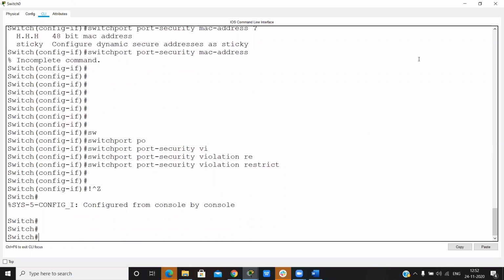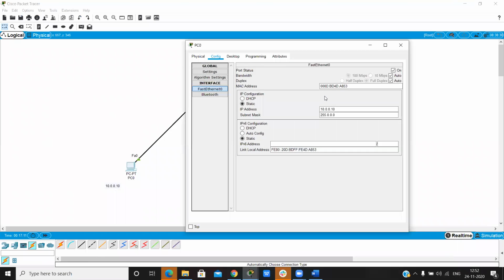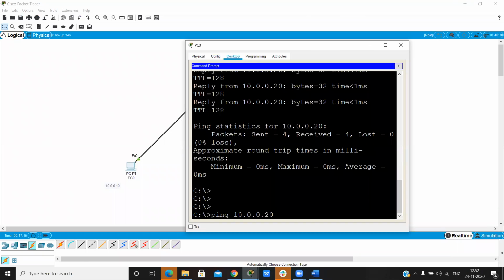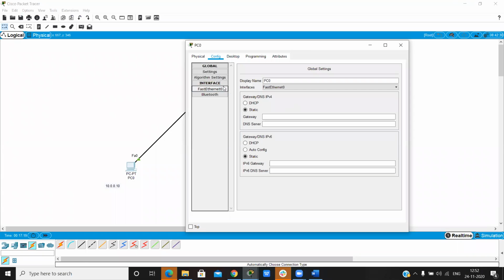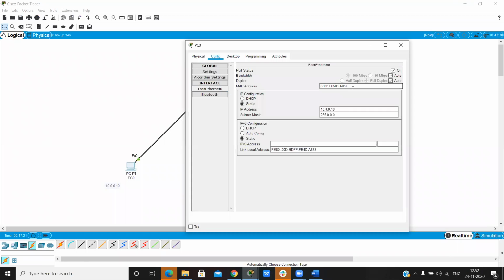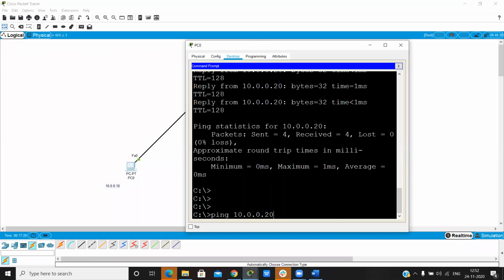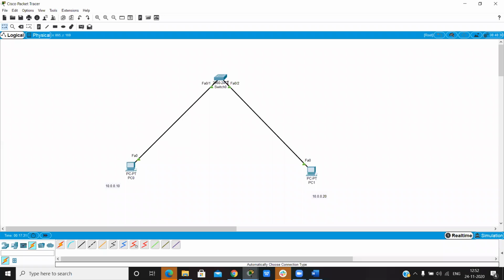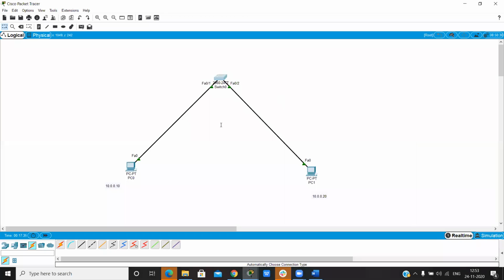Okay. When it receives the untrusted packet, firstly we send trusted traffic. Now we can send the untrusted packet. The interface stays up, but drops all the packets.